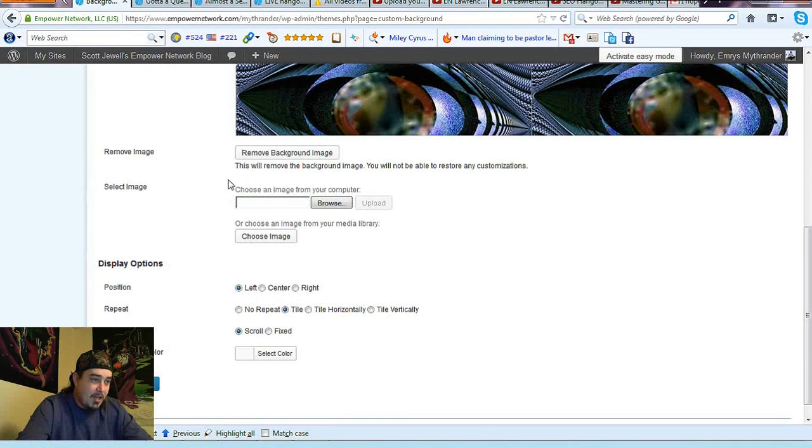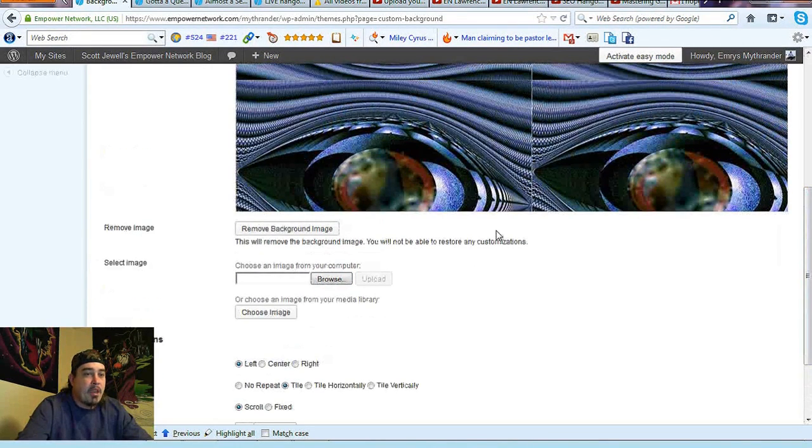So when you guys come in here, you'll see the different display options, and you choose an image to upload from your computer. The size of the image has a lot to do with how it's displayed. If you want little tiles tiled all the way across, you can do that. Make sure you can go into the picture resize, or if you're doing Google Images searches or Bing Images searches, usually you can click on